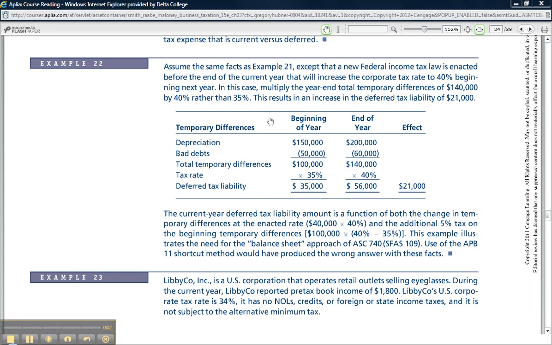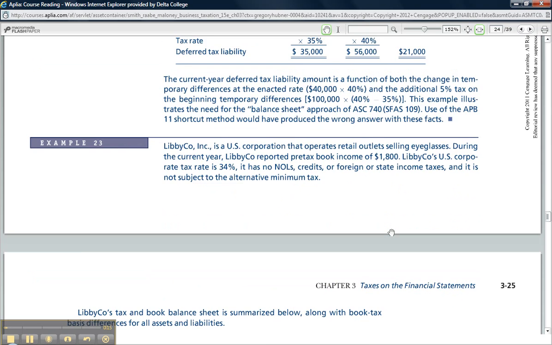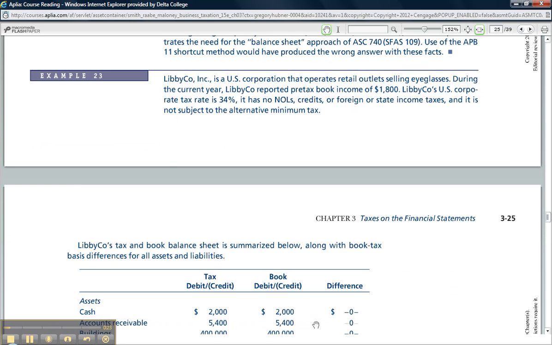Continuing on, this example is a good depiction of what happens if enacted tax rates change from one year to the next. You do have to account for that in reporting your deferred tax asset or liability. And then this example, really continuing on for the rest of this learning objective, you have a good example here